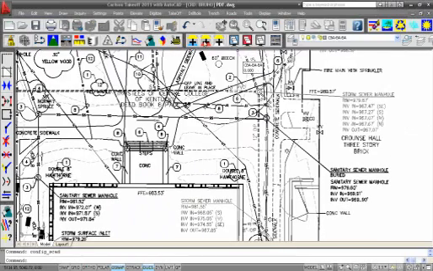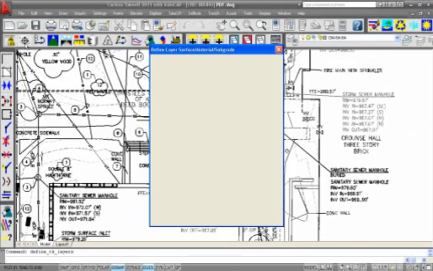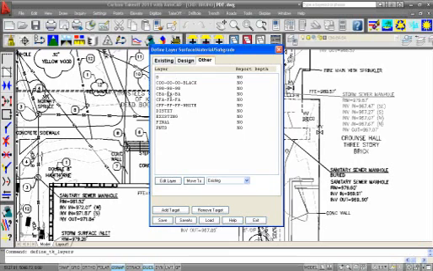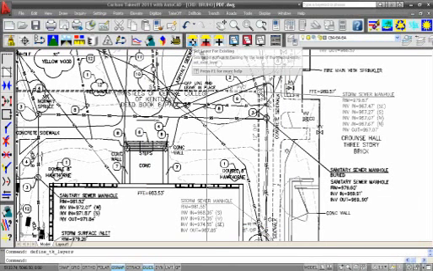And now I'm just going to organize things. Right now, all these layers that came in are under Other. I'm going to put some in Existing Design and leave some in Other. So set layer for